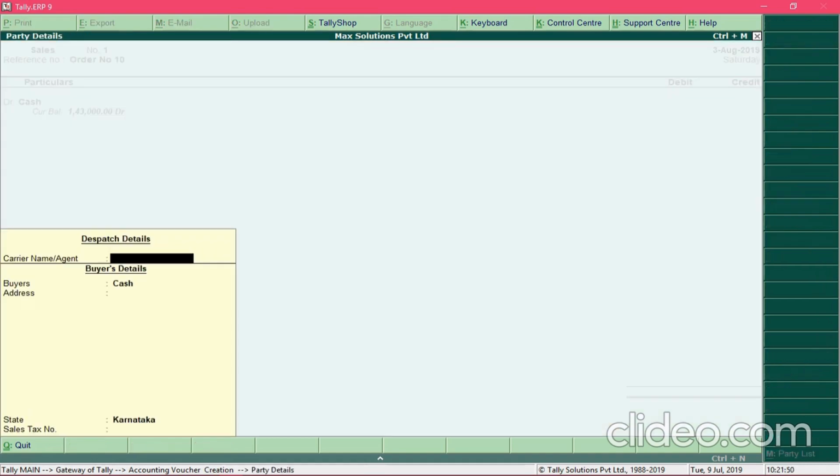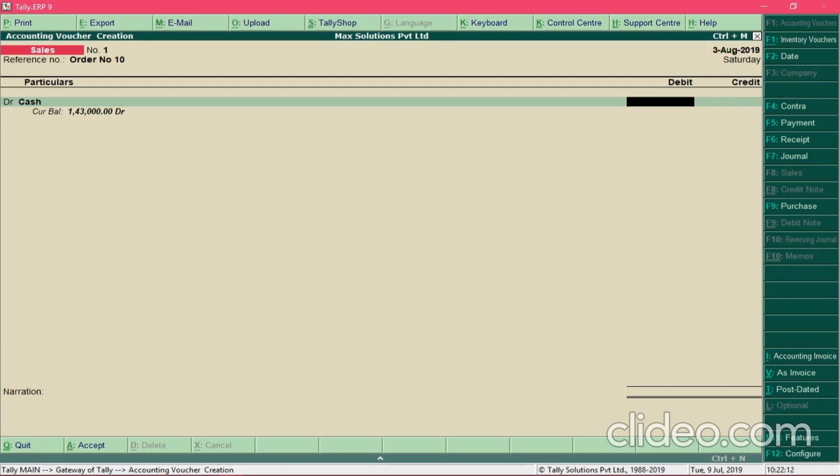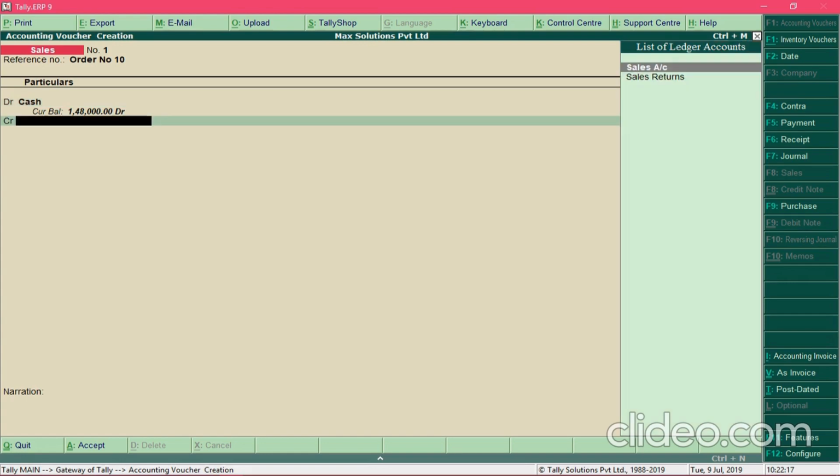Before entering the amount, you will be asked for the details regarding the buyer and regarding the transporter. So you can provide the details if you want to do so. And enter the amount in the debit field and press enter.